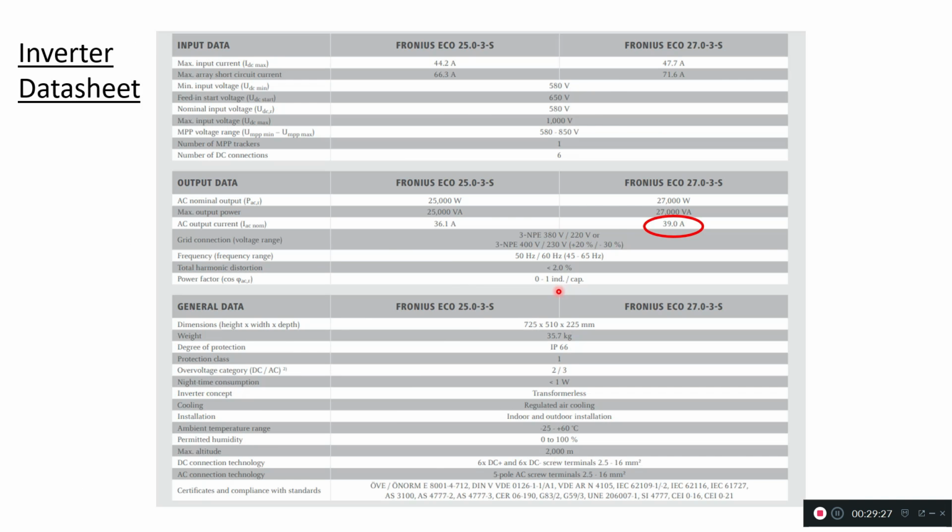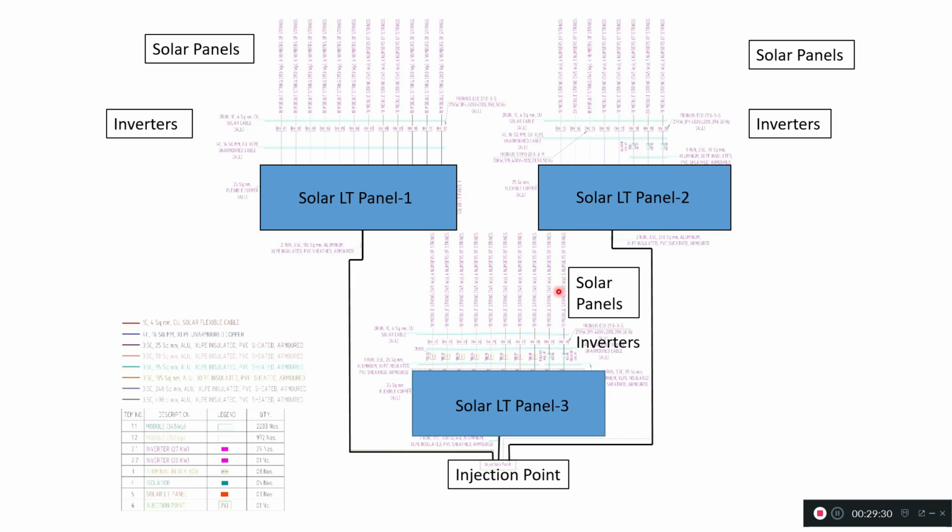And guys, I also want to add one more point about the injection point. In many cases the injection points may be more than one. Suppose there is panel A of the client here, panel B here and panel C here. You can connect each of these LT panels separately to the client's panels. But suppose they have only one injection point, then you need to combine this power. Either you can terminate all the cables at this injection point breaker, or you can combine them just before the injection point and then connect the output to the injection point. So it will vary as per your site scenarios.